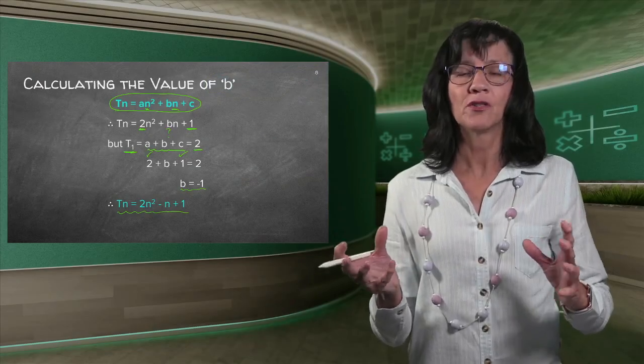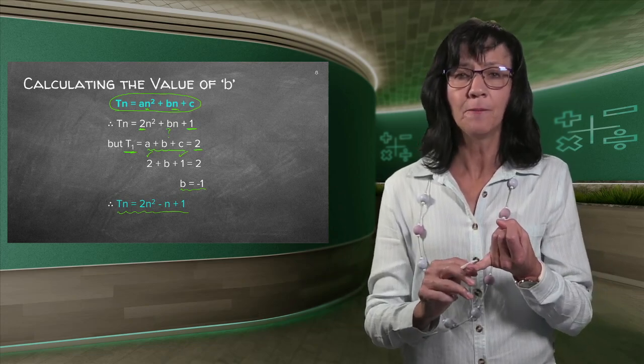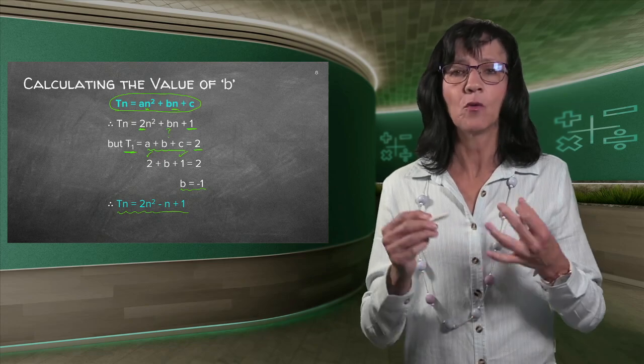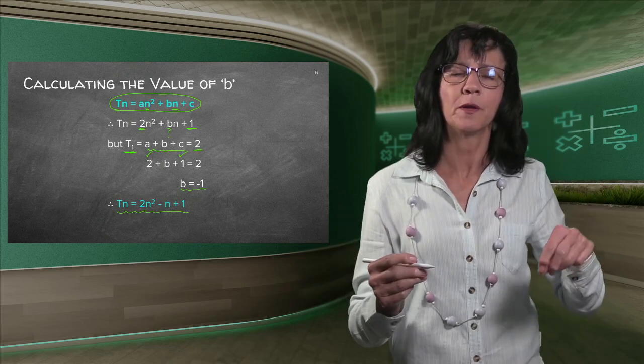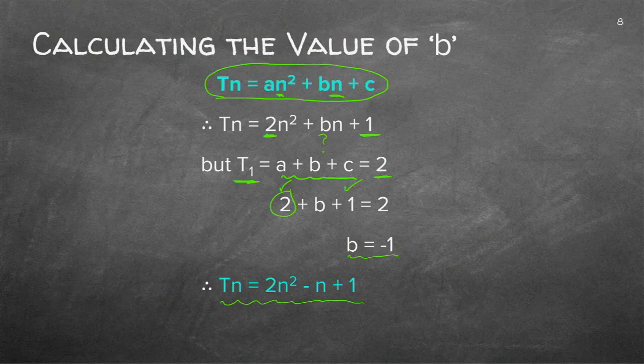It's a lot of work, so it seems more complicated, but it is actually not. Very easily we could have found the A, because the second difference is always 2A, so we could find the A. The C we can always find by doing T0, and you know by now how to find T0. You just work a little bit backwards from the second difference. That will always represent the C. The minute you've got the A and the C, you fill it into your formula, and you always use term 1. You could use any one. It's just easier to use term 1. Term 1's value was 2. So you equate it equal to 2, and because you've substituted the A and the C, you've got B, and there's your whole equation. Very, very easy.